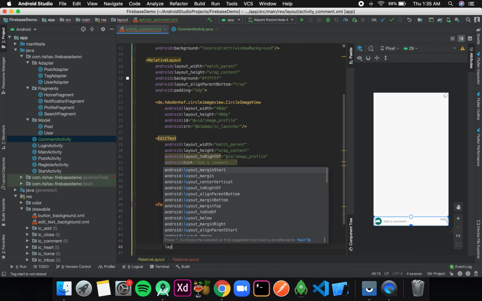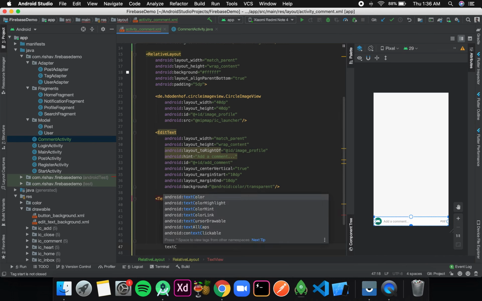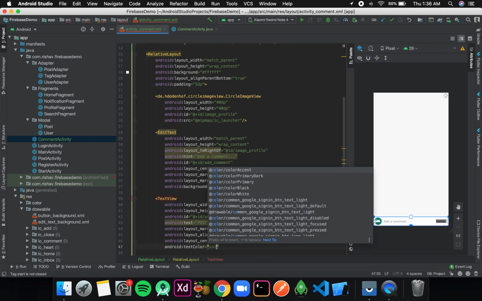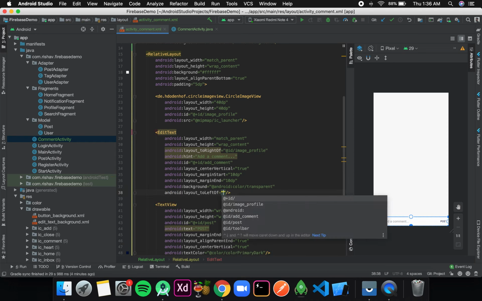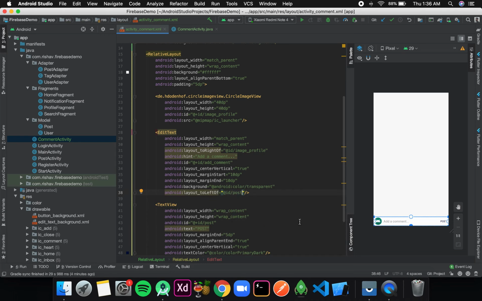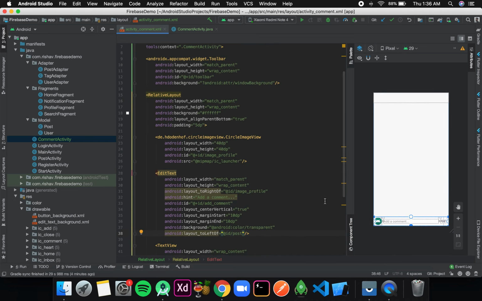And the layout_centerVertical again as true. Text color is colorPrimaryDark. Okay, so this is fine, and now over here I'll also write toLeftOf post. Okay, so this is for adding comments.